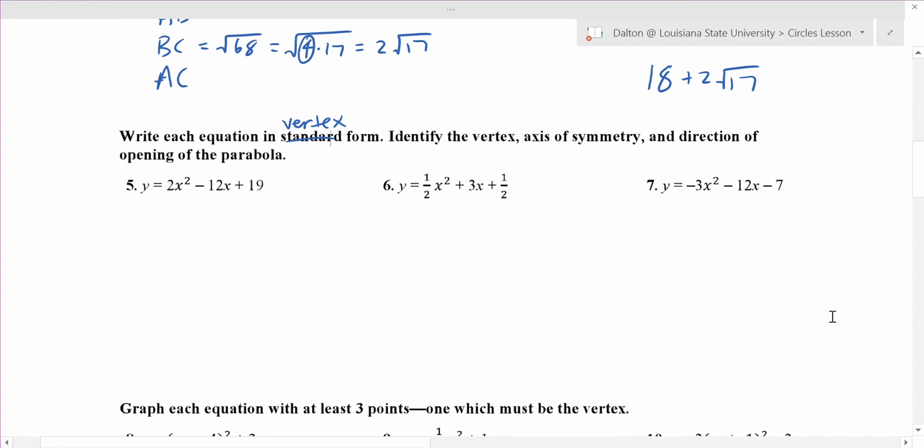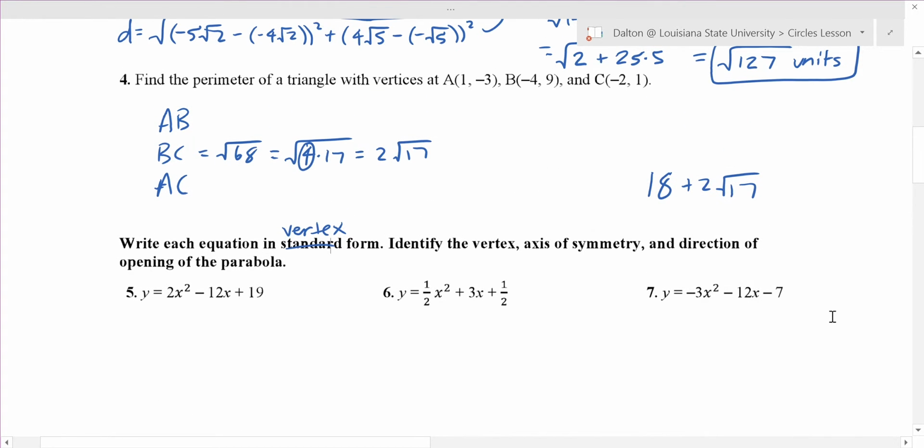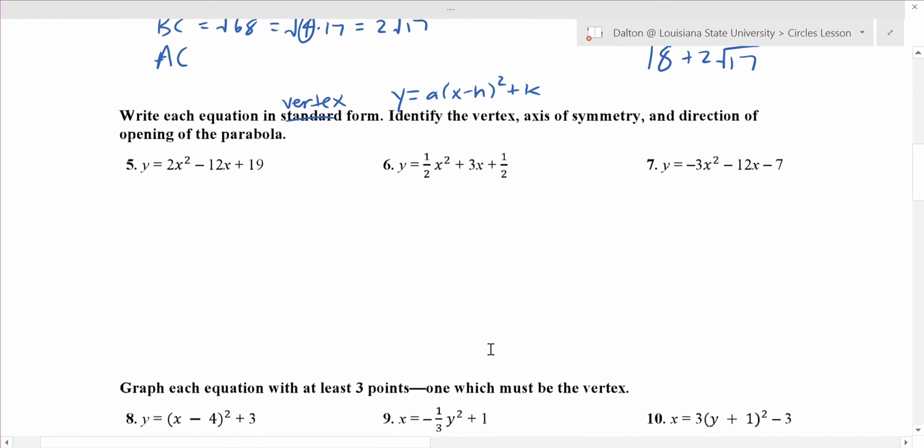Remember, vertex form is of the format y equals a times x minus h squared plus k. The thing I want you to notice is that there's one x term. If you look at number 5, there's an x squared term and an x term. So whenever you see two of them, that means we need to complete the square in order to condense those, if you will. So when we complete the square, remember we care about an